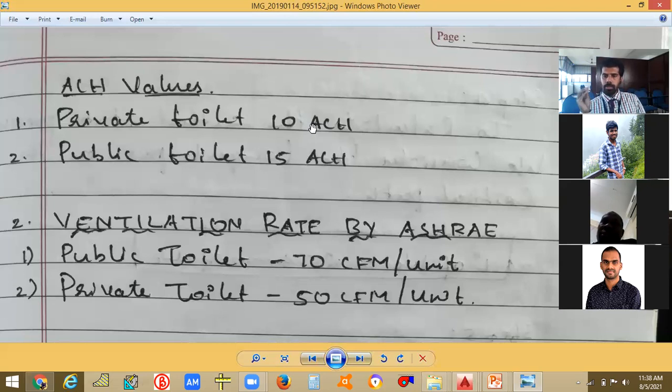Now, if I give you an architectural drawing of a toilet and ask you to design a ventilation system for my toilet, what will you do, or how are you going to calculate its load or CFM? That is what we are going to see. When you are doing something, go step by step. So write the heading: load calculation of ventilation system.